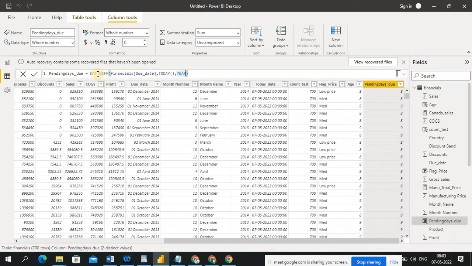So the DATEDIFF function is nothing but you have to provide two dates, from which date to which date. You want to see it in a day or year or week or month, you have to pass that interval here. Is it clear? Okay, for example,